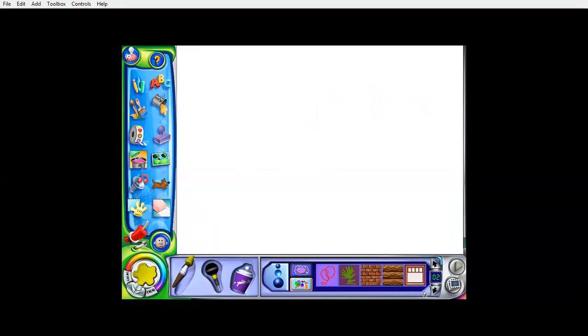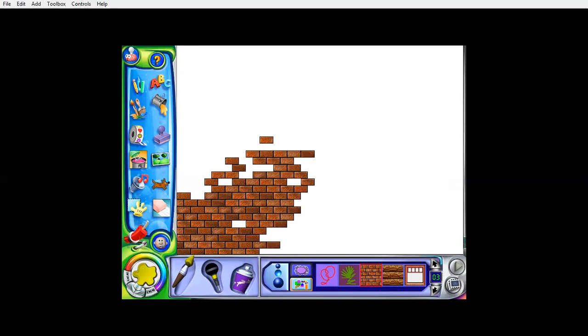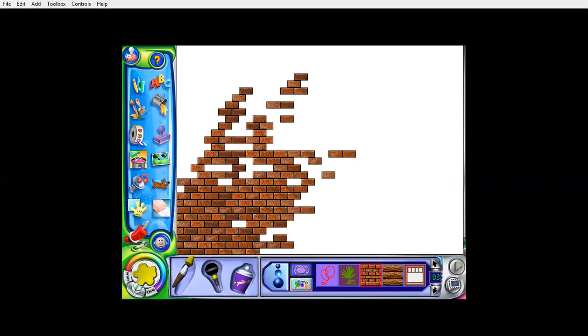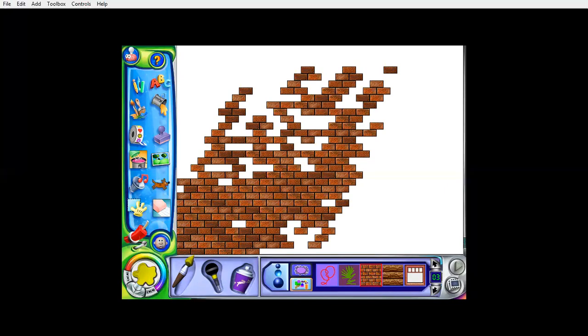If I take this shape, that means if I want a brick shape, I will click on my brush and see, my bricks will be drawn over here. So you can choose as many bricks as you want in your drawing area. See, I am drawing my bricks. Isn't it looking very interesting, girls? And there is a sound also when I am putting my bricks in my drawing. See, isn't it looking very beautiful? Let us take it one more time.